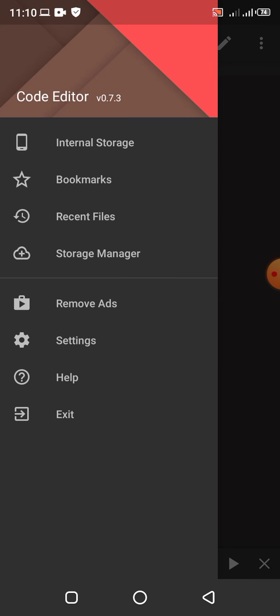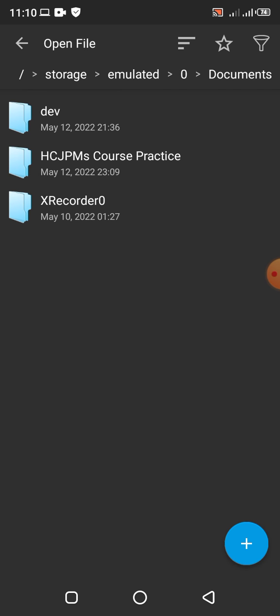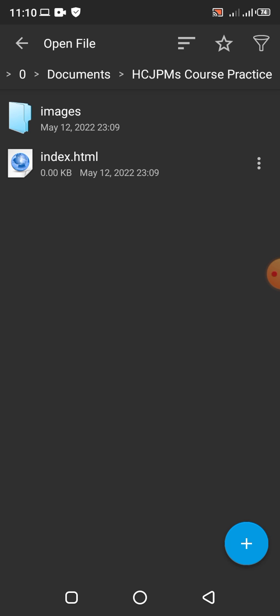Okay, so the bookmark basically allows you to bookmark your favorite folder, like the folder you frequently go into. So let's try to bookmark our project folder. So internal storage, documents. So if you want to bookmark a folder, you enter the folder and click on this star icon on